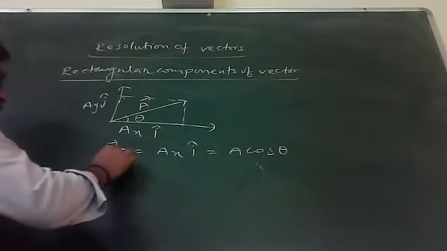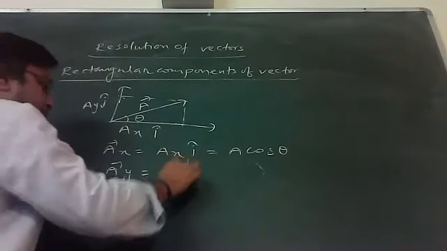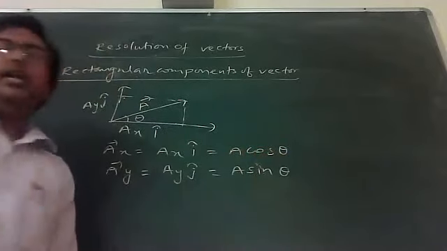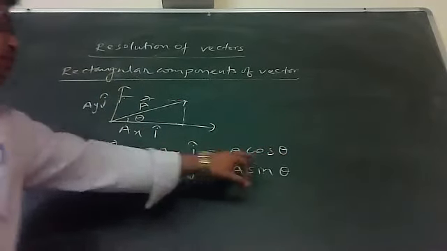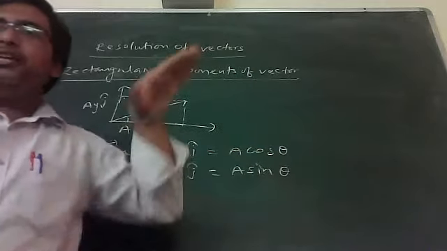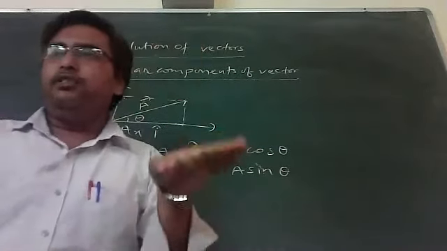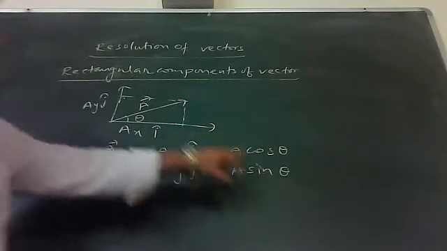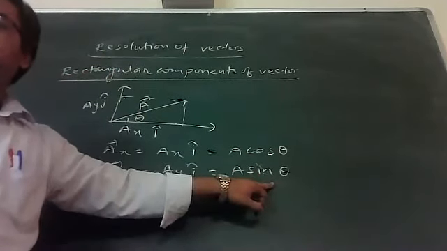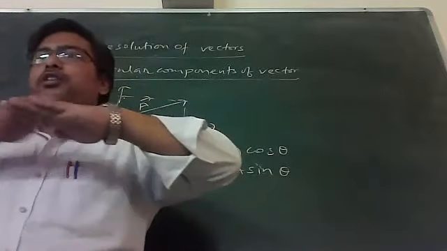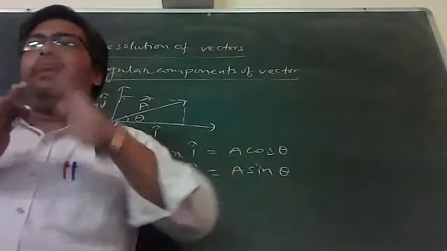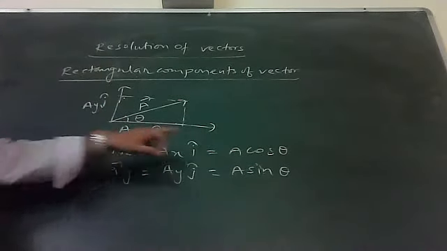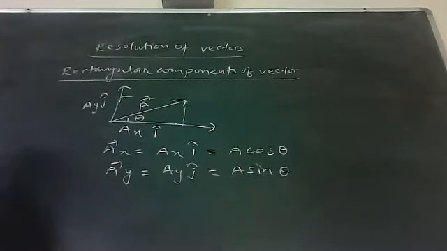If I am saying the y component of vector A, I can represent it by j cap, and it will be termed as A sin theta. The x component is A cos theta, the component of the vector in the horizontal. And what is A sin theta? A sin theta is the component of the vector along the y-axis, perpendicular. Get the point? The horizontal component will be termed as A cos theta, and the vertical perpendicular component will be termed as A sin theta. They are the two components, A cos theta and A sin theta.